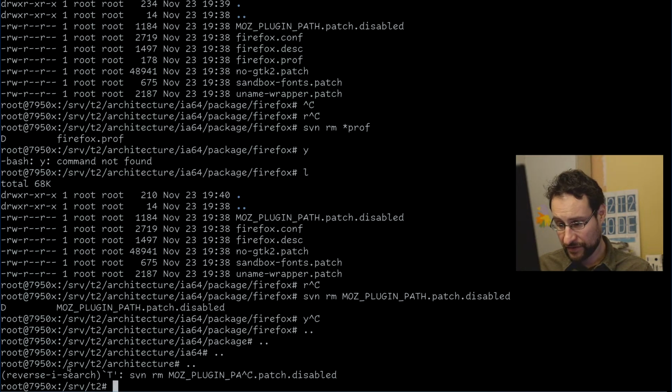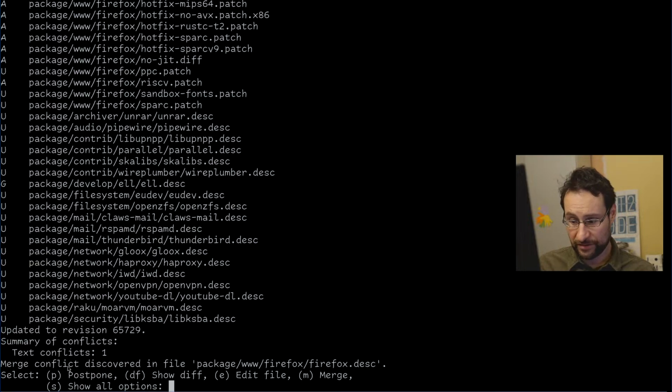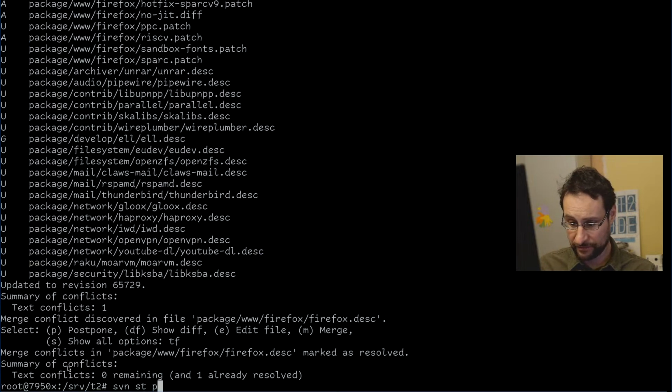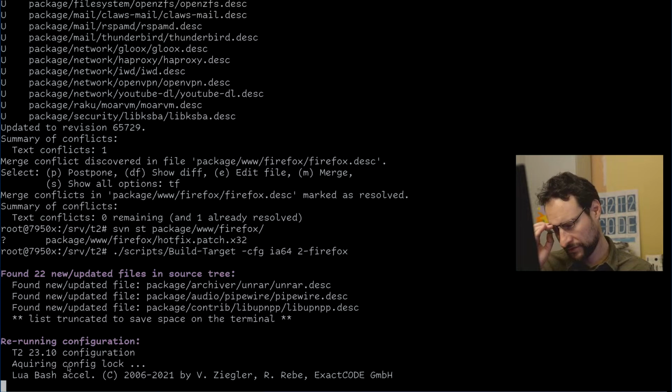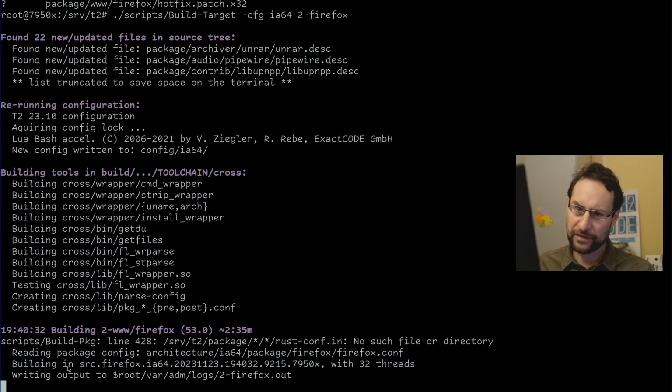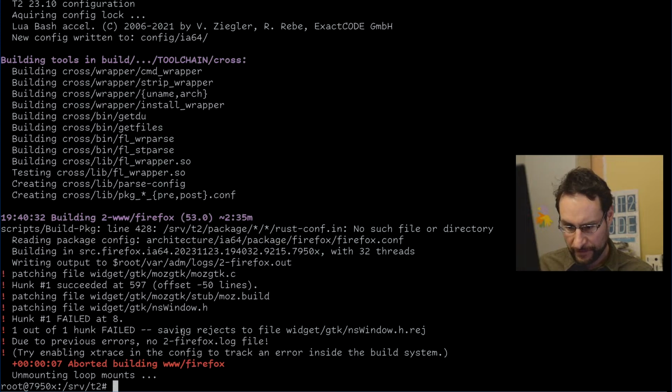So let's see what that does, because then we can subversion update those Firefox files. Then we have restored our working copy for all the other stuff, and let's see how that goes. Then we immediately test using the overlay, and this overlay already works. Okay, rustconf, that is most likely too early. This is of course a GDK patch, so architecture Itanium. When this works, hopefully soon,